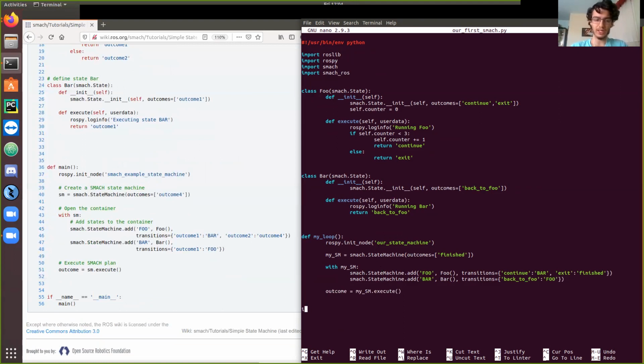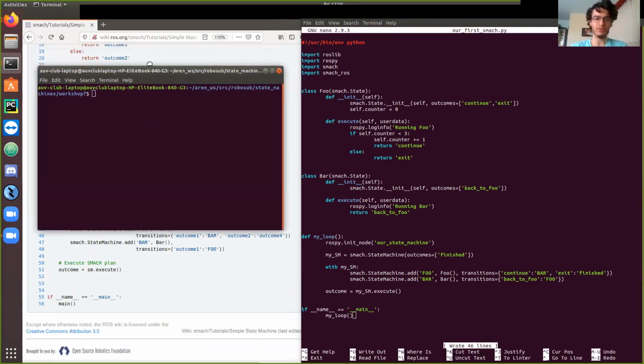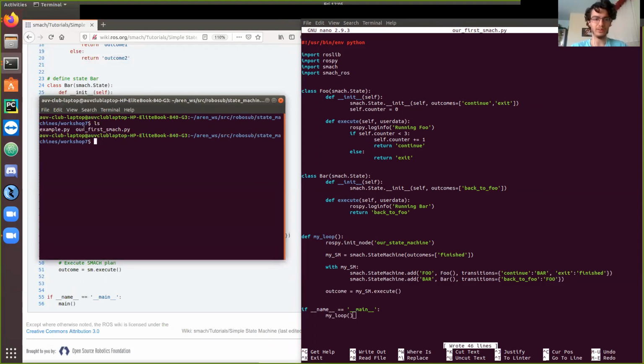And then at the very end, if you guys remember from the other tutorial, again, I'm going to keep referencing the old ones, we have this if name equals main that you have to run in Python. And then you give it your loop, and I named it my loop. So in here, I'm going to say my loop. And if I save this, and I open up a new terminal, and I do ls, you can see our